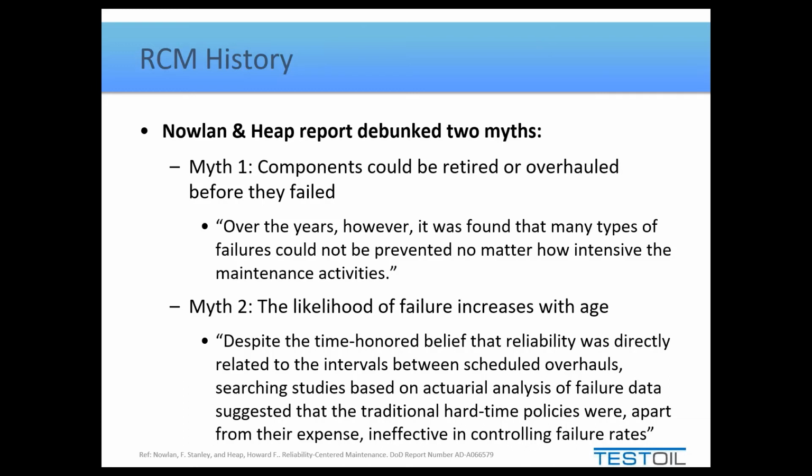So PMs were not effective. PMs didn't prevent things from failing, and failures didn't happen according to the wear-out curve. Like I said, they found infant mortality was really the largest factor. So once they uncovered these two myths, that two parts of the bathtub curve just didn't apply,